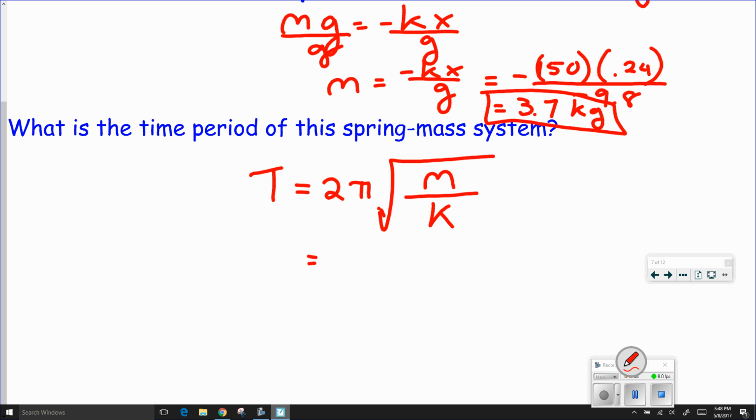It is just that simple. My units here for mass are in kilograms, and that's what you want it to be. My spring constant is still 150 newtons per meter. And then, if I divide these things out, and square root,